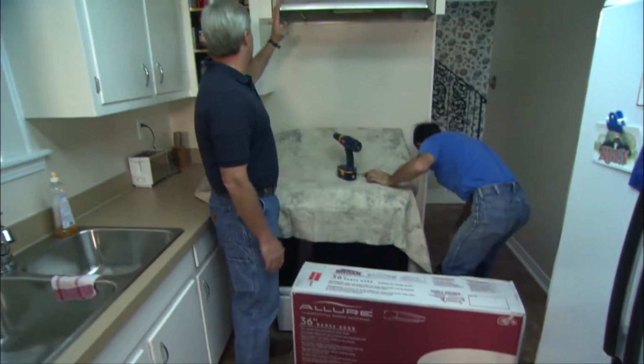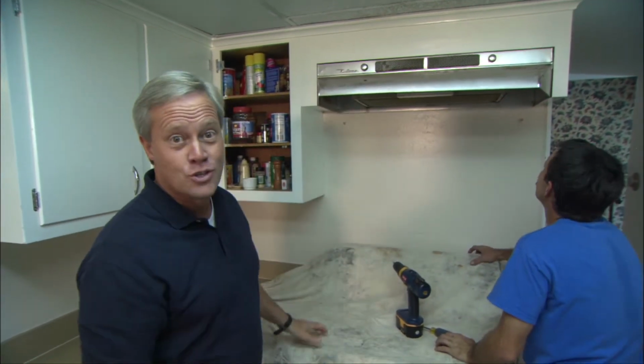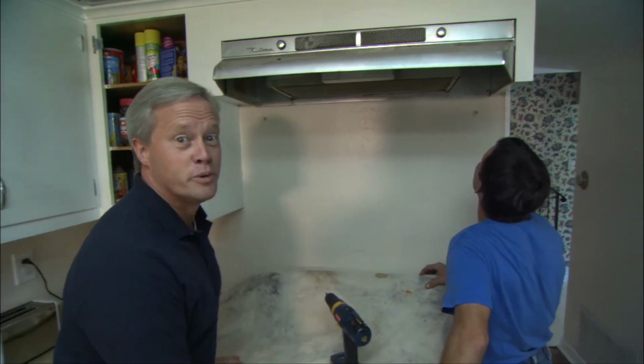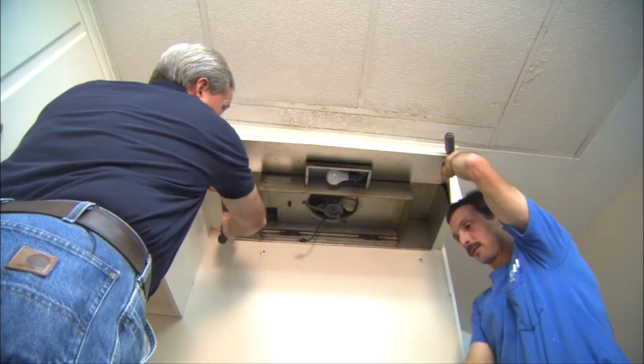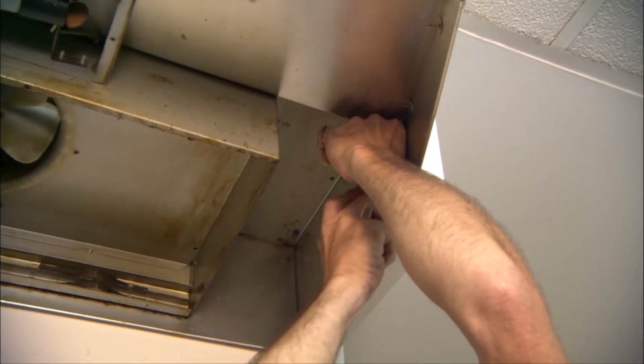Now, the first thing we've done is we've turned the power off, the electricity off to the unit. Now we'll actually take the unit down. Hey, they use nails instead of screws. Oh, this will be fun. The inside of this thing doesn't look any better than the outside, and removing these nails is a bit annoying, but on the positive side, there are only 3 nails and 1 screw holding the hood up,